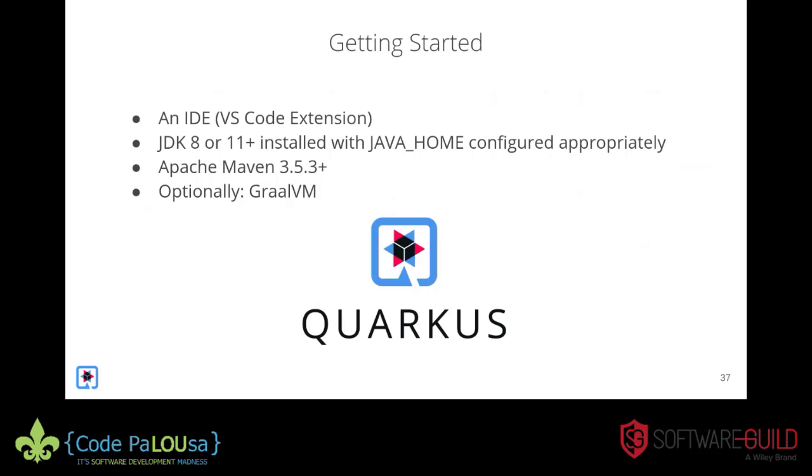Okay, some more Quarkus. Getting started is really easy. I'll show you an example here of, well, at least from the website. Unfortunately, I can't show you the VS Code, which I'm really disappointed in. But you have to have a JDK of 8 or 11 installed. Maven, there is a Gradle option. So if you're using Gradle, you can use that instead. And then optionally, if you're going to do native compilation, you need to download and install the GraalVM.